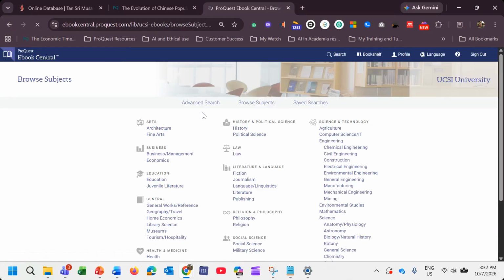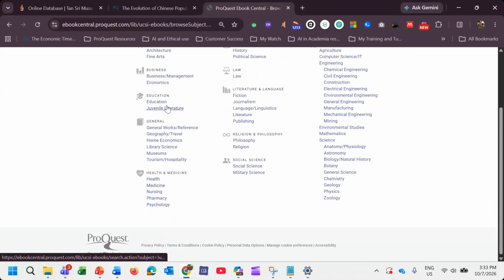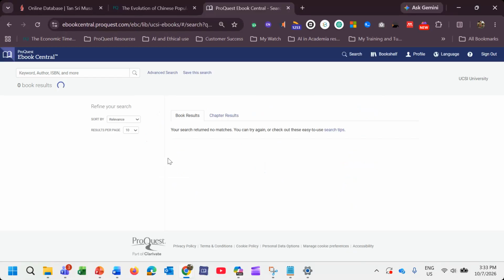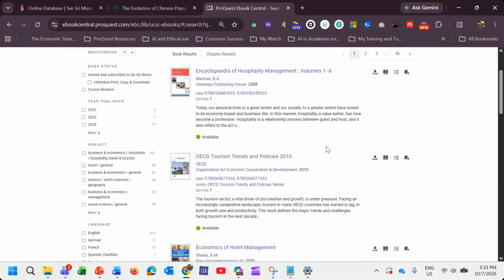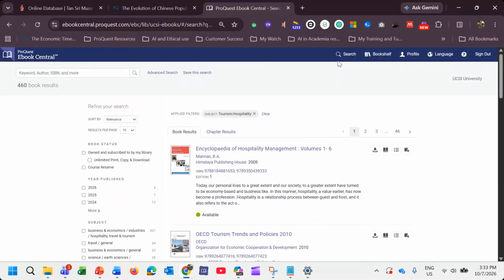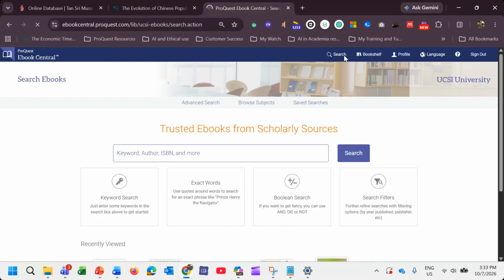The browse subject maps the books according to subject, from arts, fine arts, architecture, business, literature, to science and technology, to health and medicine, and some other general topics including tourism, hospitality, education, social sciences, and etc. So if you are interested in books relevant to tourism, you just click on here. You will get all the books related to hospitality management or tourism. Okay, that is quick, a very broad way to discover.